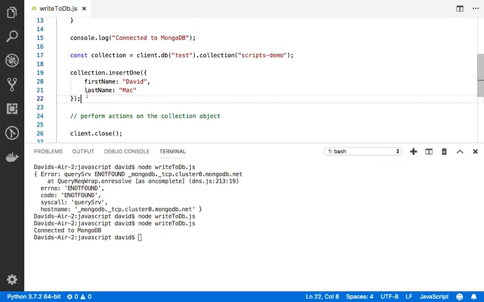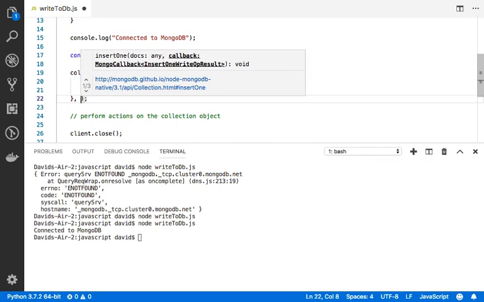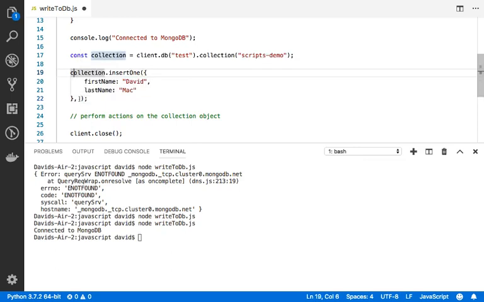Now JavaScript is an asynchronous language, which I'm not going to explain now, but that means I need to provide a callback to this function so that once the insert is completed, I can take some action. Otherwise, what's going to happen is it will close the connection to MongoDB before this command is completed. So I'm going to provide a callback